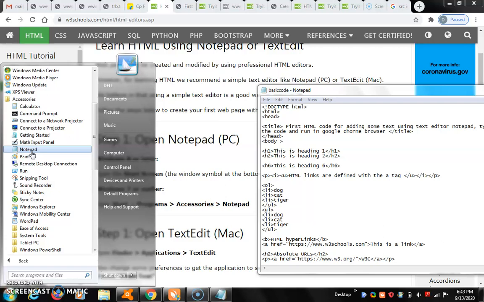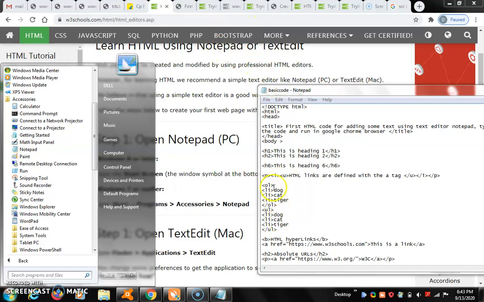Okay, so this is how to select the editor: Start, All Programs, Accessories, Notepad. Finally you will get this screen, the empty screen. After that you have to submit the execution. This is one way to select a text editor. Okay, are you clear? This is practical, so you have to listen very carefully.